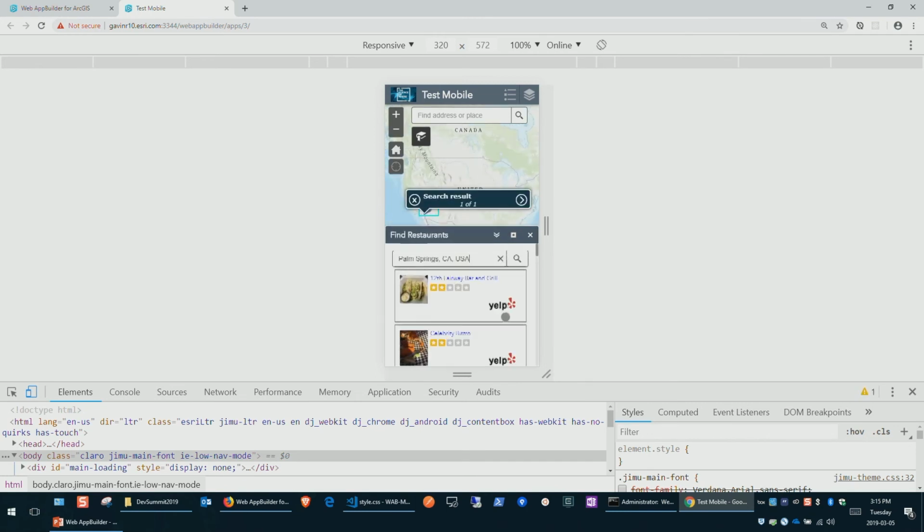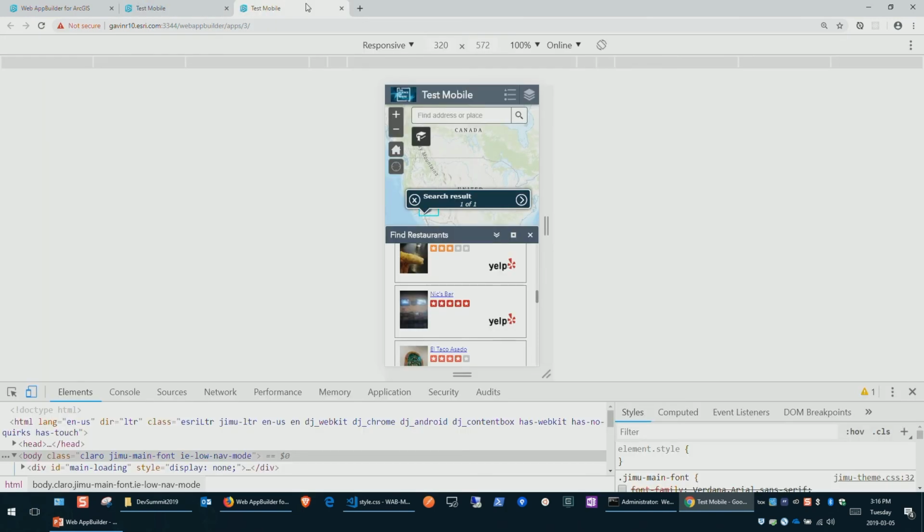Okay, so now this is looking a lot better, right? Our Yelp icon is always on the right. We've got proper spacing, and it looks good on both desktop and mobile. Now that's using floats, which is actually a kind of older technology. This is the way you would do it if you're supporting IE11 still, which Web AppBuilder does support. If you don't need to support IE11, you can do something a little more modern,